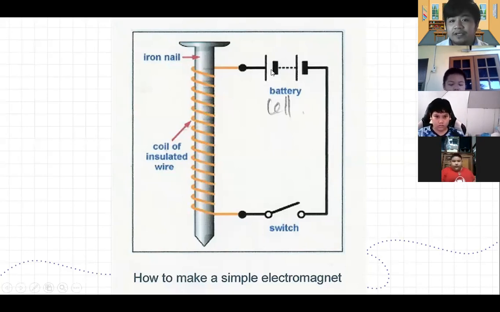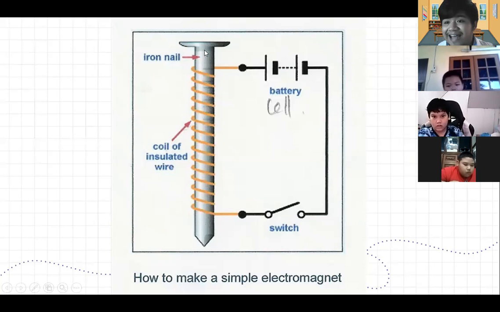Here is a diagram. So battery, okay? And then we have the switch. And this one, iron nail or the ferromagnetic material, okay? It can be other materials as long as it's iron or steel, okay? And then we have here the coil of insulated wire. Remember, insulated wire, okay? So if we turn on the battery, if we turn on the switch, the iron nail